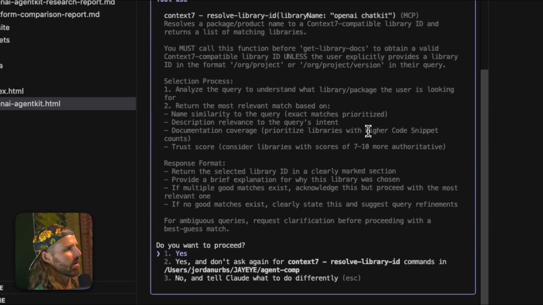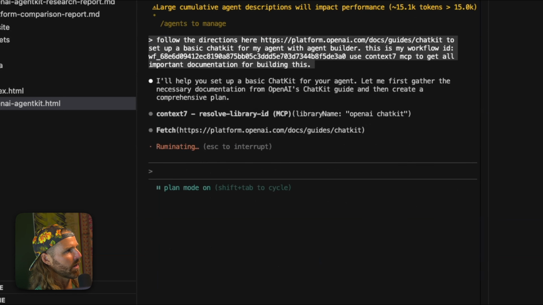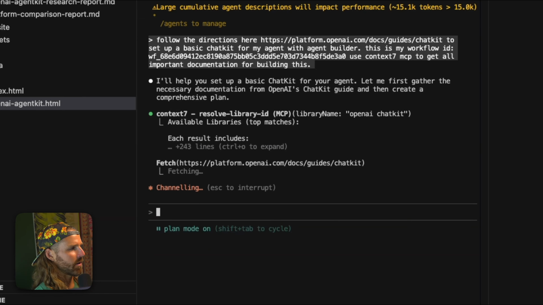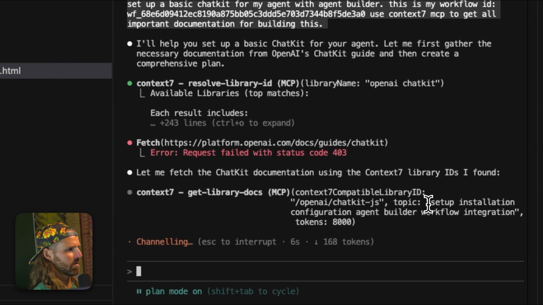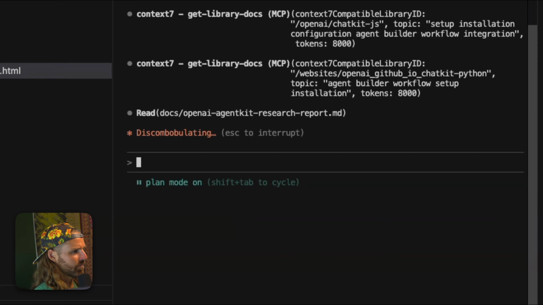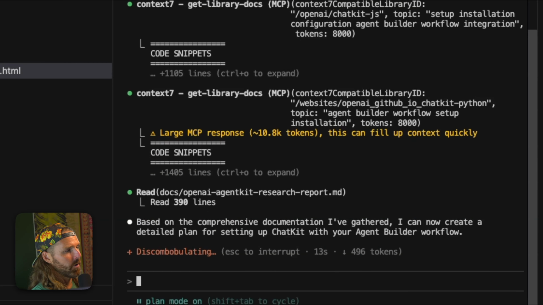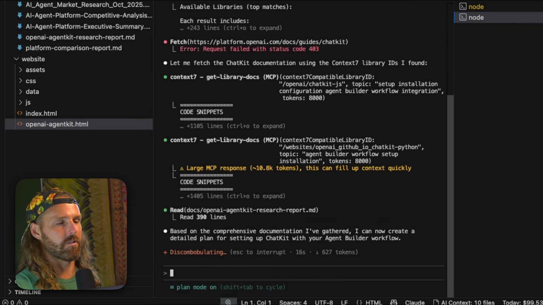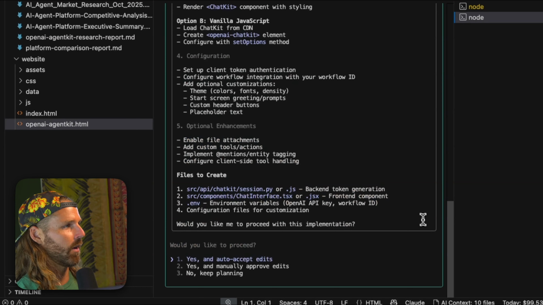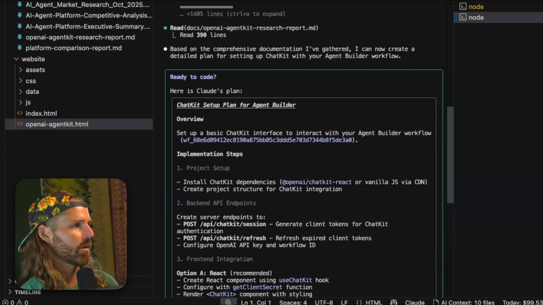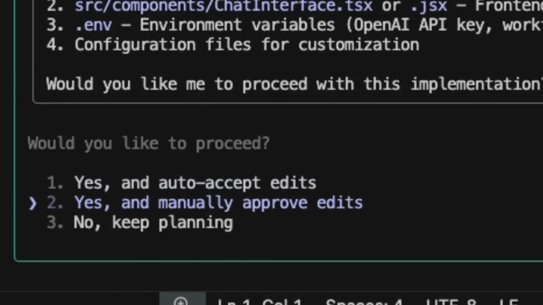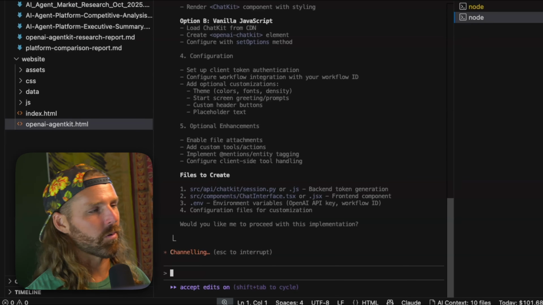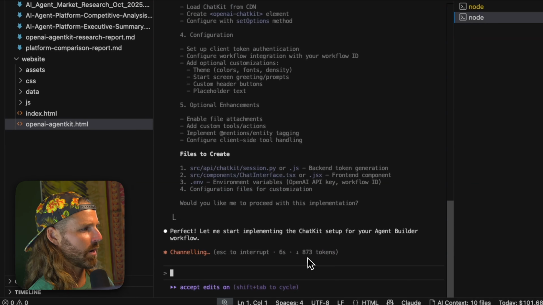But this is why I love Claude Code. So it's now going to get the library for ChatKit. It's going to fetch that page exactly. Maybe not. There we go. Now it's going to build it. So, I guess you can do this with Codex or Gemini CLI. I don't know. Those are all the same. Claude Code is first. Anthropic models are my favorite anyway. So I just use Claude Code at the end of the day. Great. Do it. We'll hope for the best on this one. We're in YOLO mode. All right. We'll check back in on that and we'll get this going.